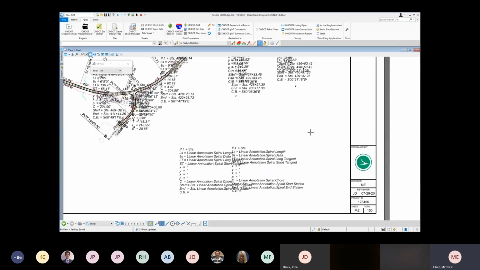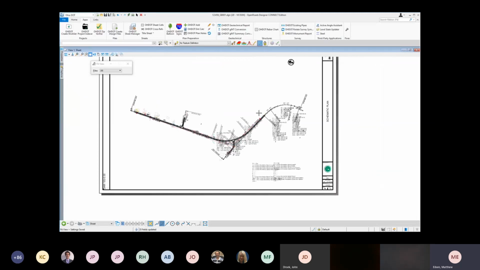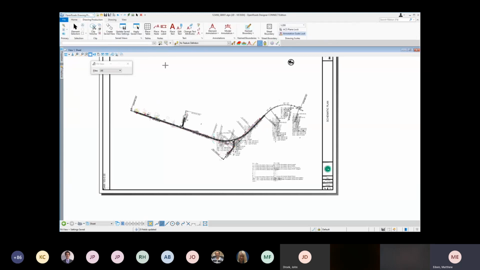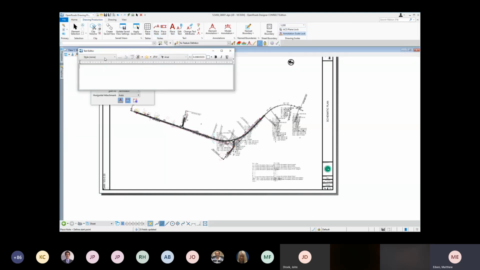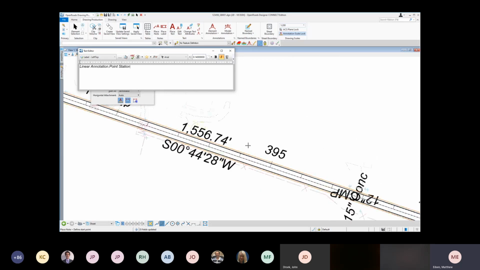Okay, so now the last thing I want to touch, I'm not sure what's going on here, but the last thing I want to touch, and I think that's where I was going, is some of our annotation is not going to work in this case. So if we go to the drawing production workflow, and if I use a place note, and I want to set, let's say, one of my text favorites to a station, and when I data point here,